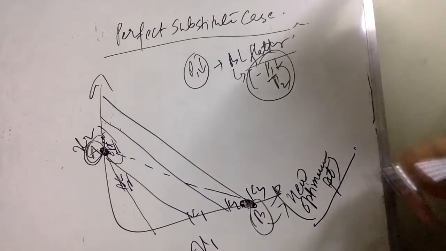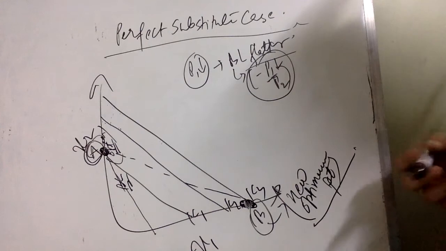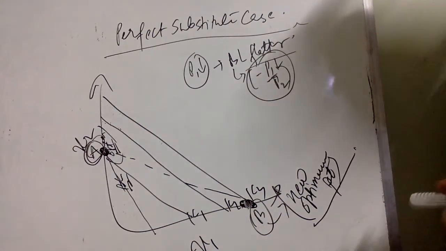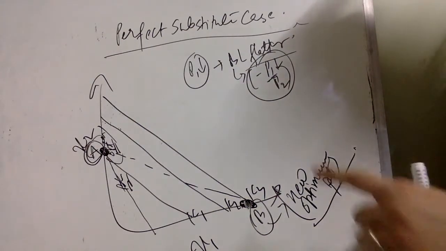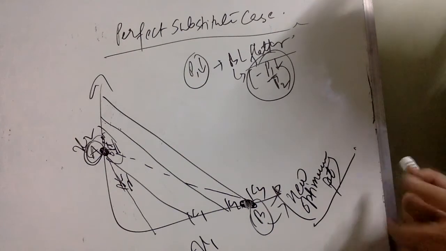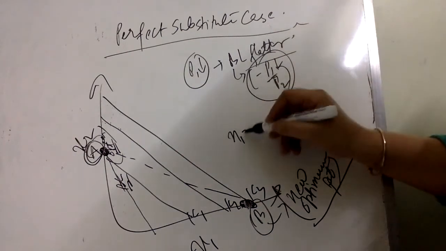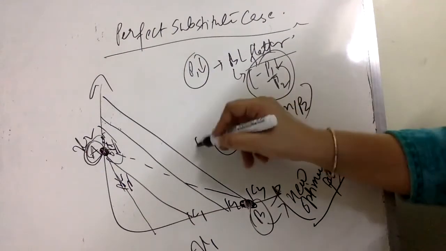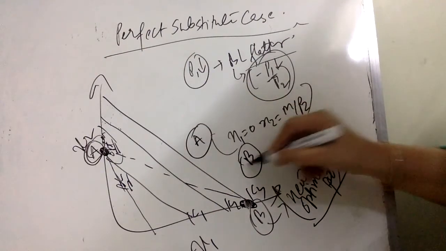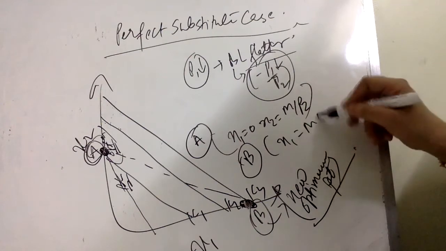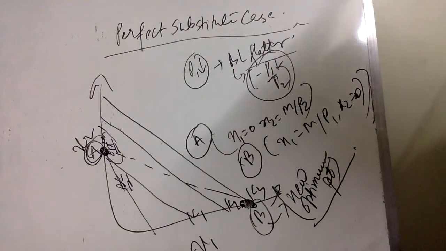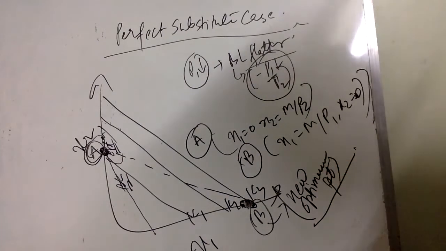Okay, so if I decompose it into the substitution and the income effect, how will it change? Let's try to decompose the effect. Total effect we have understood from point A to point B. At point A, the consumption is x1 equals 0 and x2 equals m by p2. At point B, however, the consumption is x1 equals m by p1 and x2 equals 0, right? So what is it if I just decompose the effect?